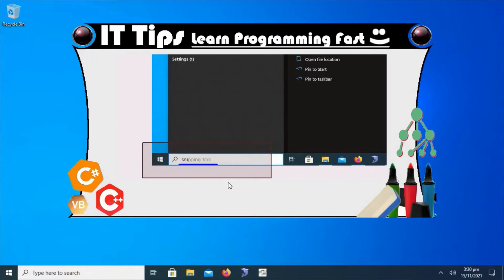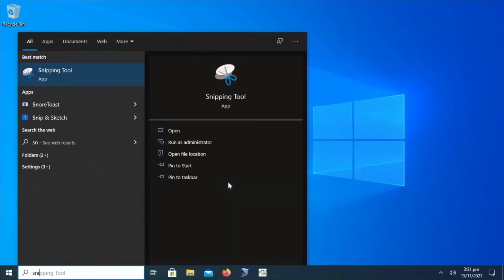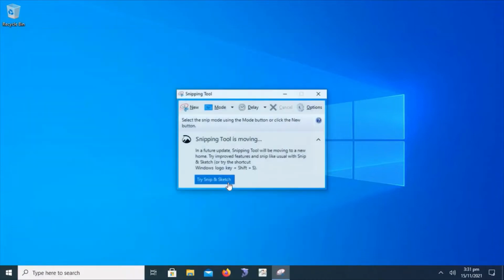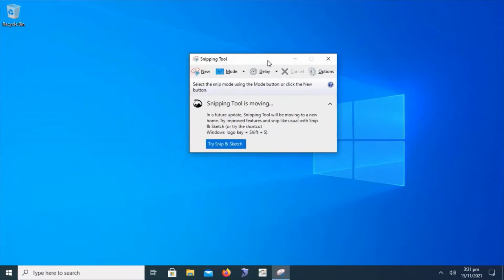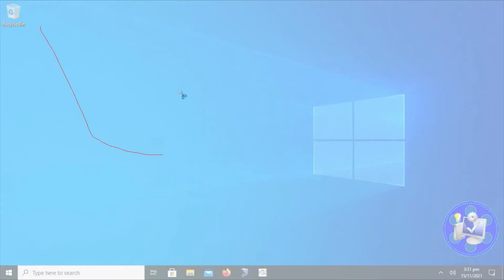The snipping tool will be loaded. Okay, let's try this. We have to press the Windows button and just type snipping tool. This is the snipping tool that can be used to capture the Windows desktop screens. We have to understand the options available in the Windows snipping tool. First of all, I will try to get the screenshot of the desktop screen.